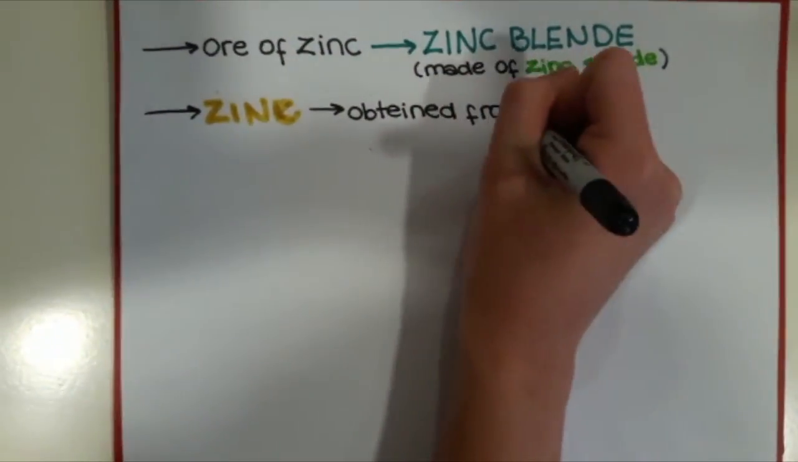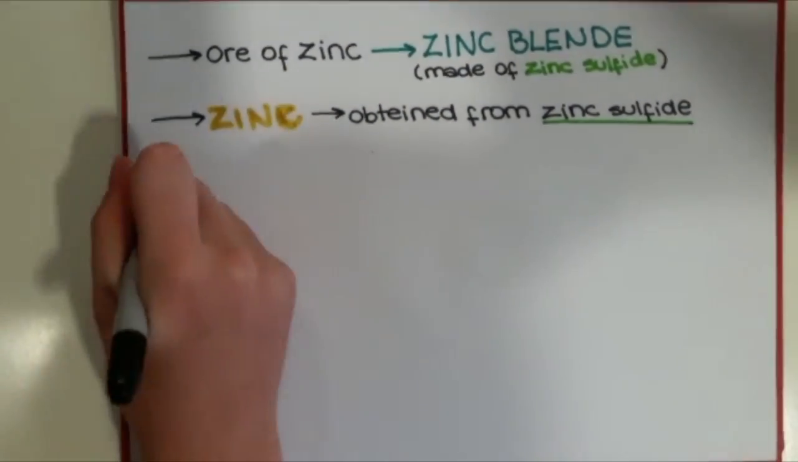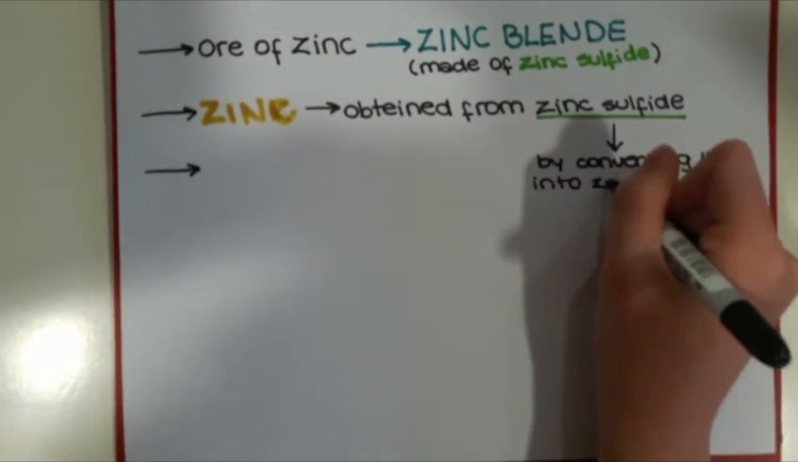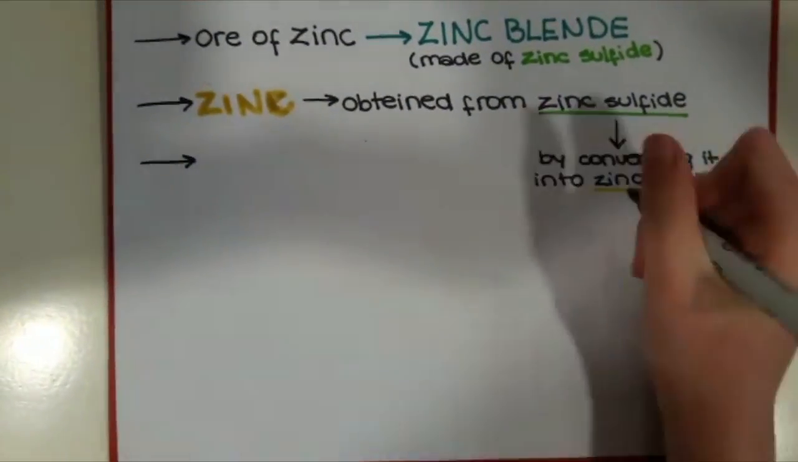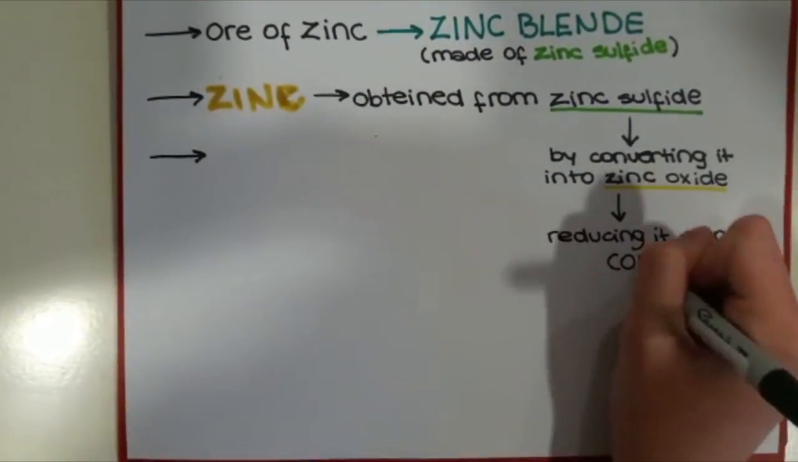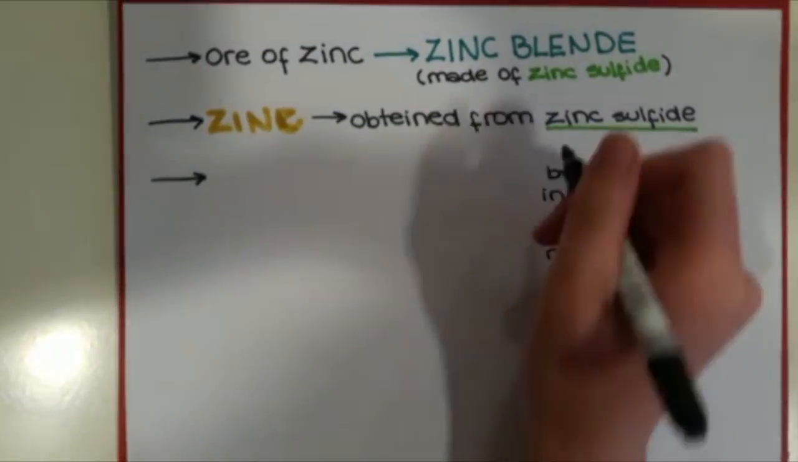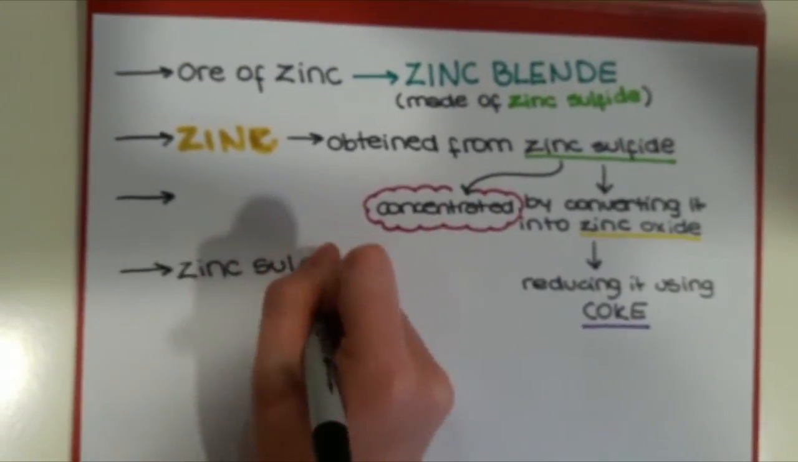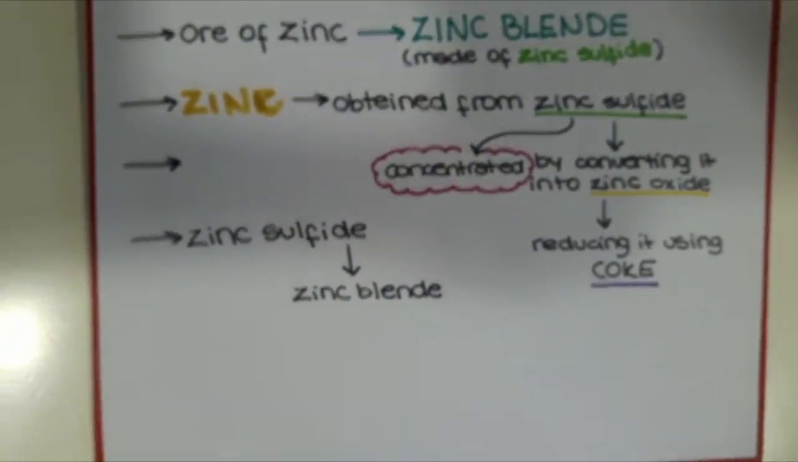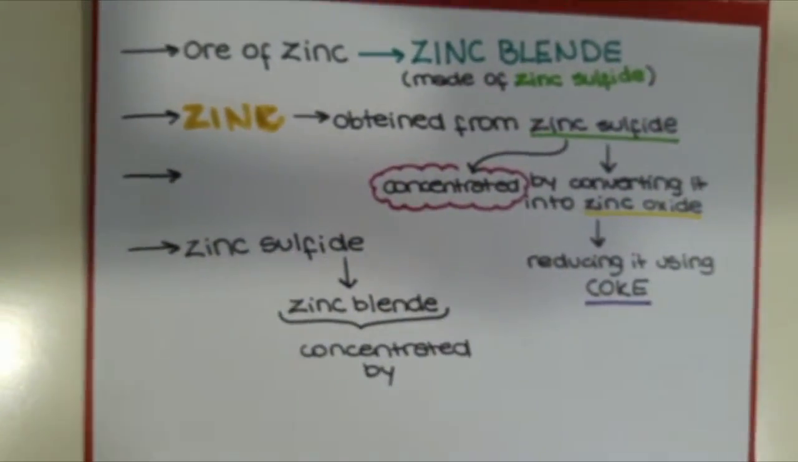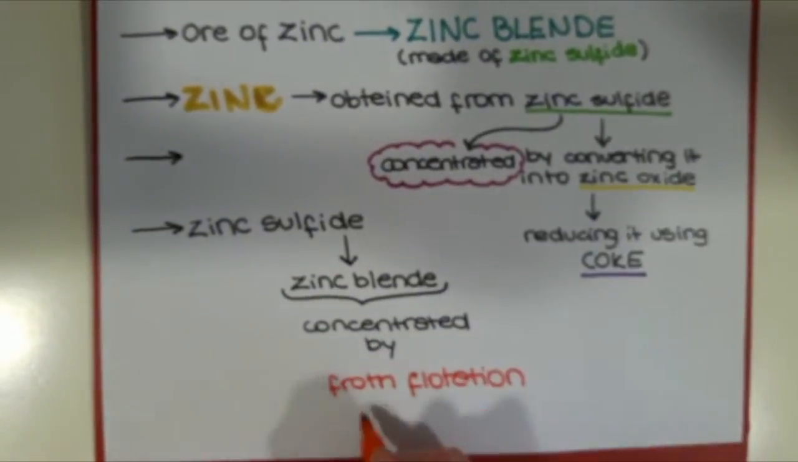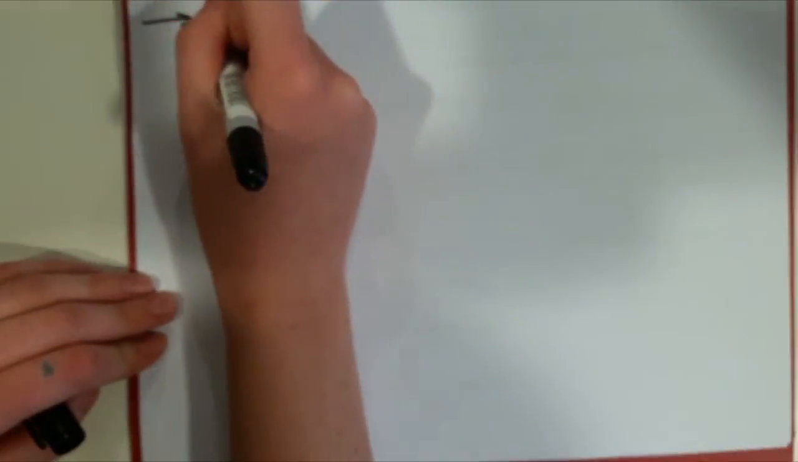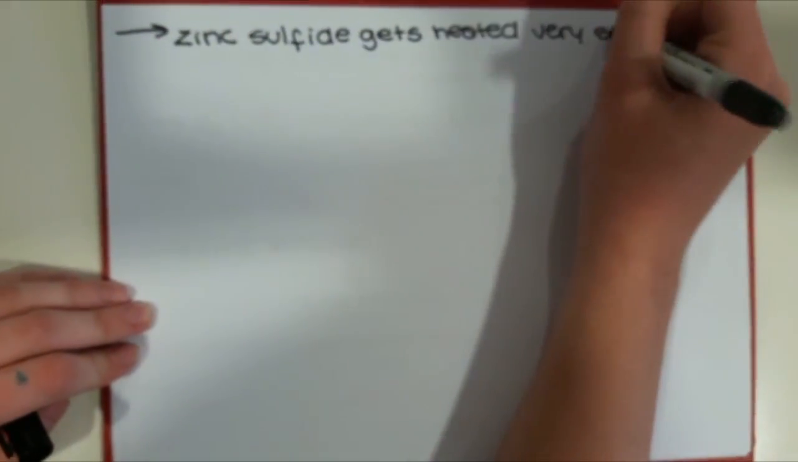The ore of zinc is called zinc blende, and it is made of zinc sulfide. It is obtained by converting the sulfide into zinc oxide, and then reducing it using coke, which is carbon, which burns to produce heat. Zinc sulfide from zinc blende is concentrated by a process called froth flotation, where the ore is crushed and put into tanks of water. Zinc sulfide gets heated very strongly in a furnace, and it has a very similar process of